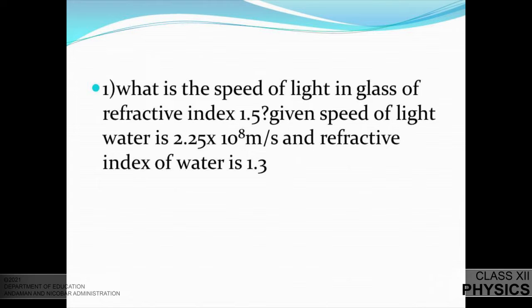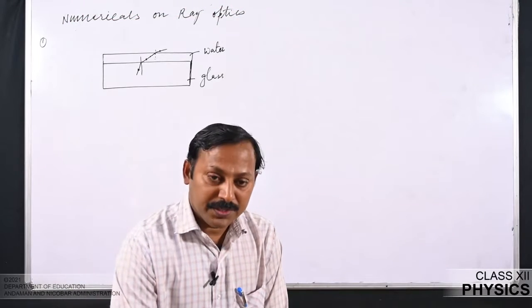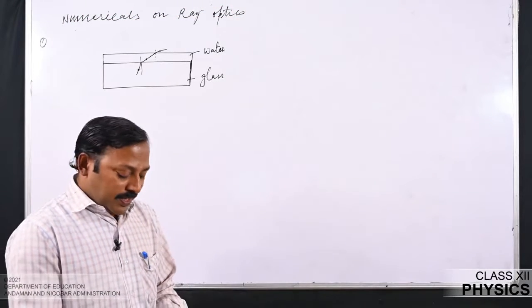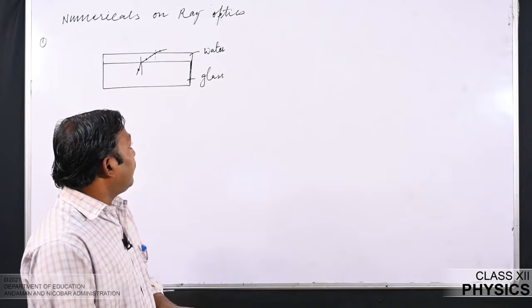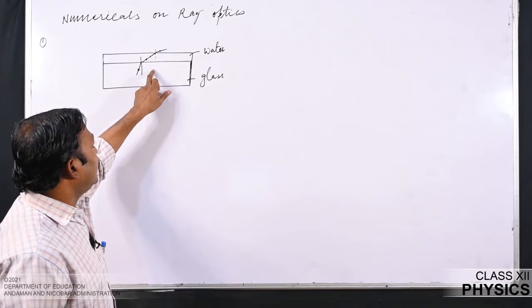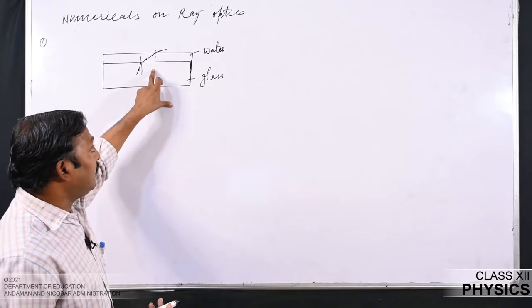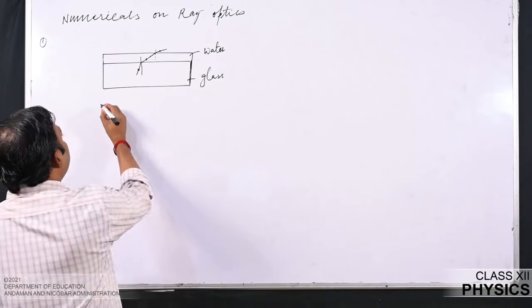Here we have the numerical. What is the speed of light in glass of refractive index 1.5, given that the speed of light in water is 2.25 into 10 to the power 8 meter per second and the refractive index of water is 1.3? Here in this question, the ray is coming from water and it enters into the glass medium. The refractive index of the glass is given, mu 2 is equal to